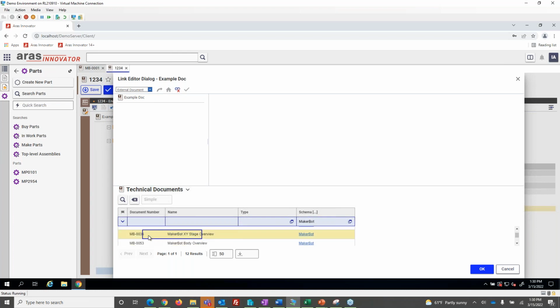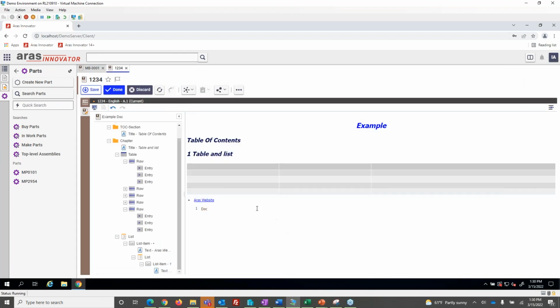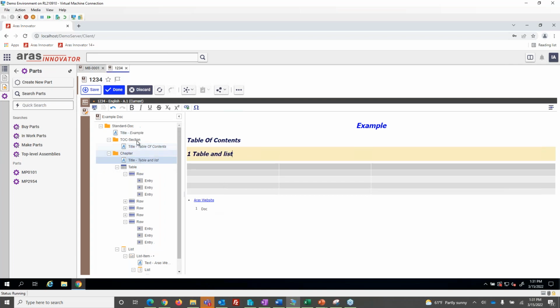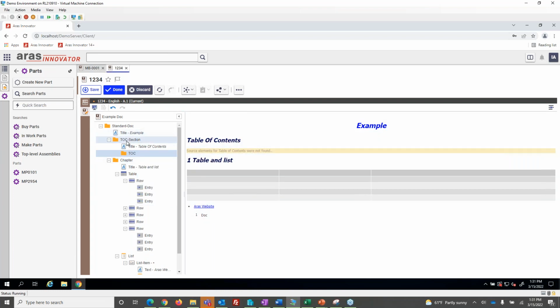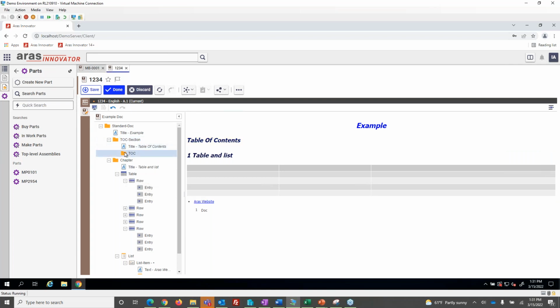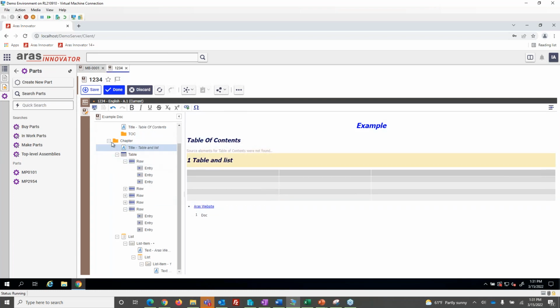Okay, well, external documents are being a little funky today. All right, well, for the time being, I'll have to figure out why that isn't working at the moment. But see, as we added, say, a chapter, we can add a table of contents to our talk section. We can refresh the content here. Didn't have the chapter. All right, well,